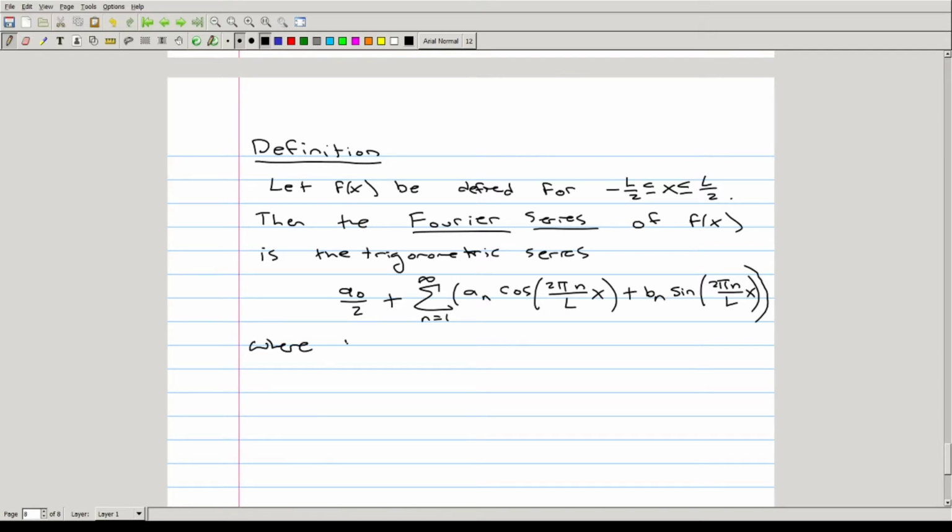Where the coefficients are the integrals, the definite integrals that we talked about before,